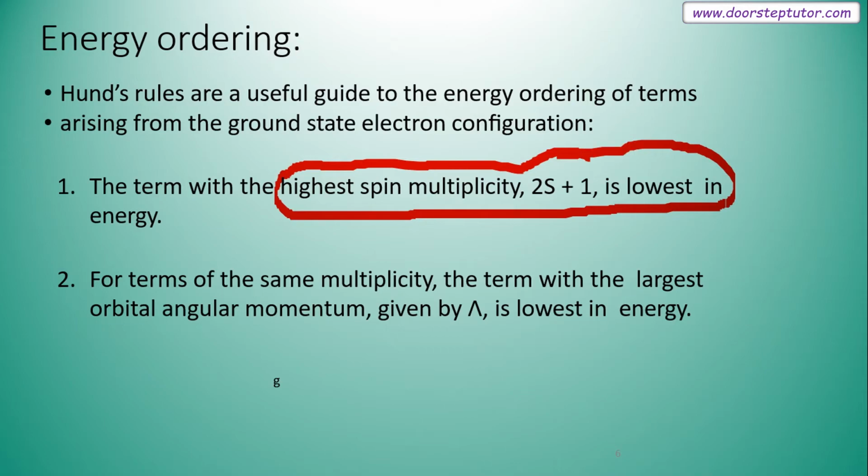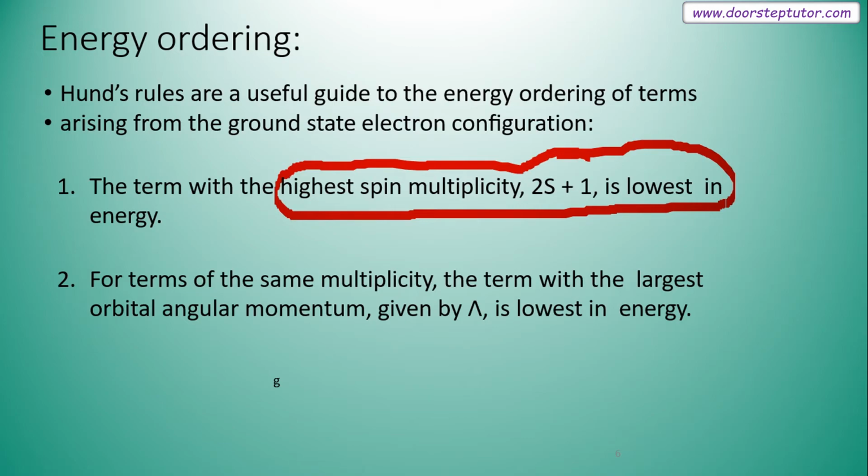Is that clear? In the example of the O2 molecule, three possible term symbols are there: 3Σg−, 1Σg+ and 1Δg. The three possible terms are there, but the accepted term symbol is 3Σg, because in the excited cases the spin multiplicity of both examples is 1 only, but in the case of the two electrons in different orbitals, the spin multiplicity value is 3. Therefore the highest spin multiplicity is there, and the accepted term symbol is 3Σg−.